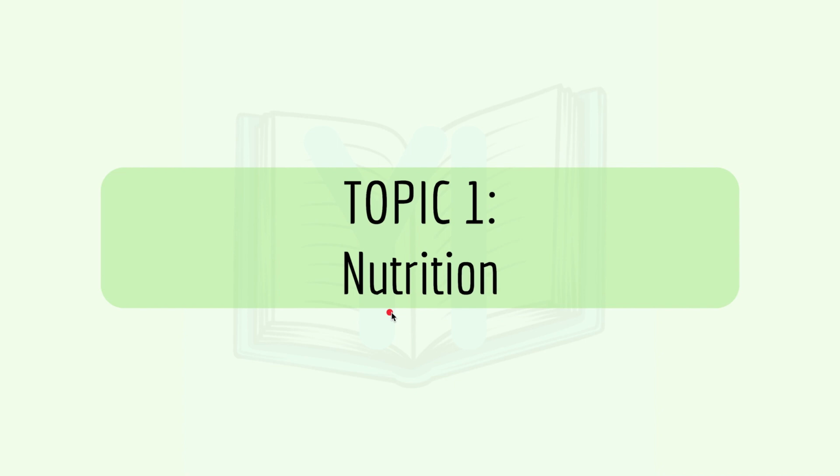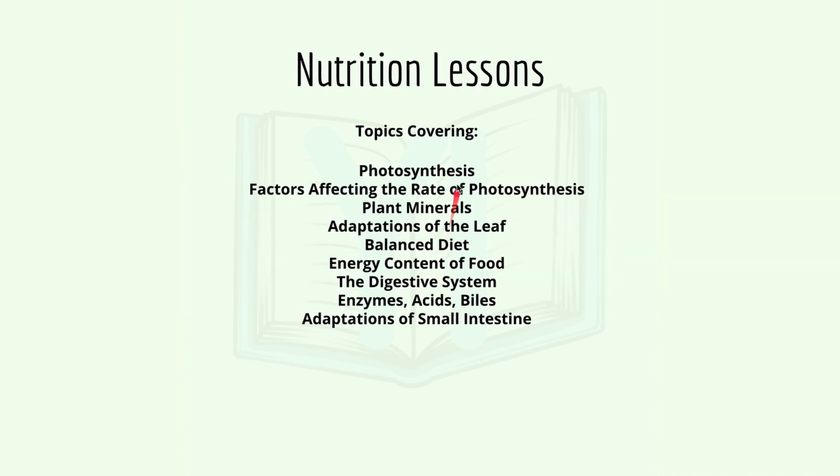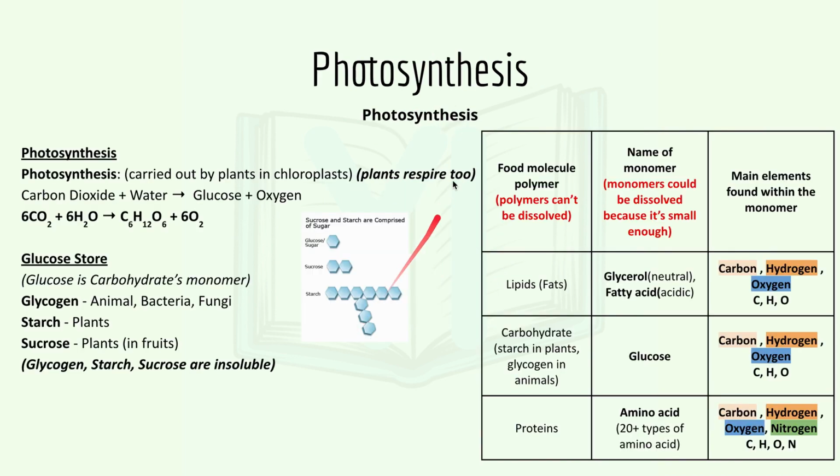Welcome to the IGCSE Biology edition, where topic 1 is nutrition. The topics in nutrition that I'll cover are photosynthesis, factors affecting the rate of photosynthesis, plant minerals, adaptations of the leaf, balanced diet, energy content of food, the digestive system, enzymes, acids and bile, and the adaptations of the small intestine. So first we have photosynthesis, which is carried out by plants in chloroplasts, and the equation for